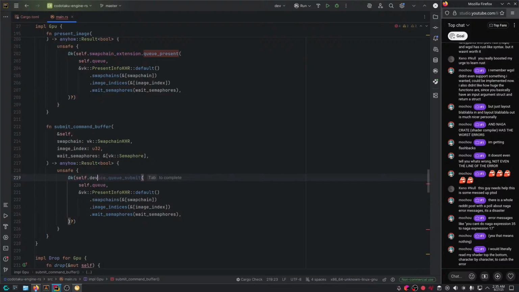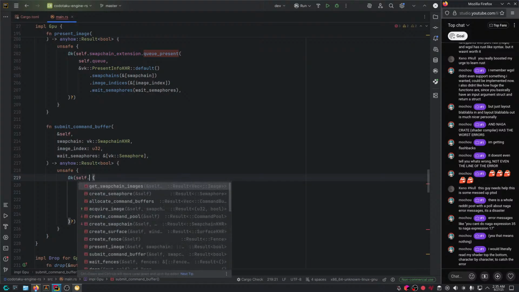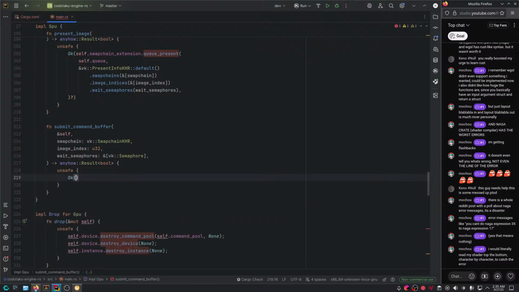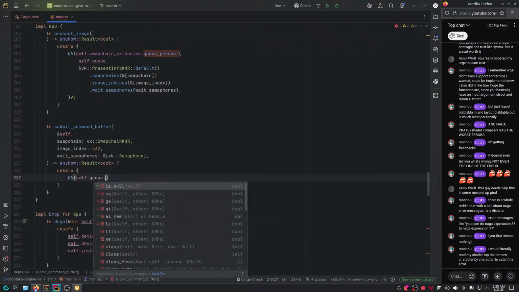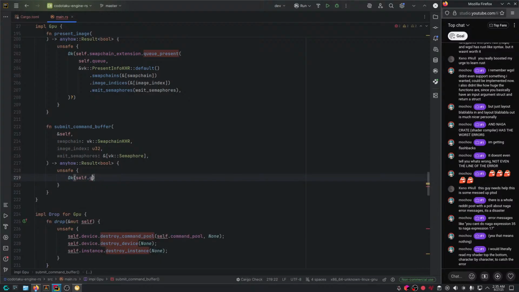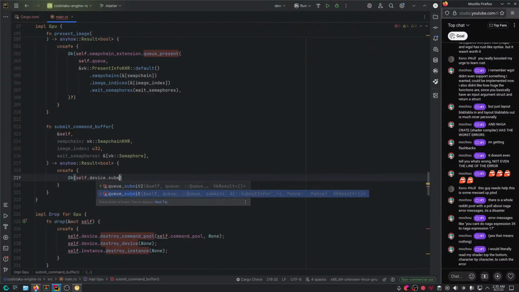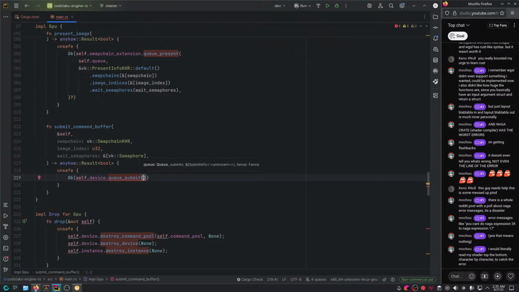Let's go with, I guess, queue. Wait, what the heck? Wait, bruh. Self.queue. Well, actually, no, I see. So self.device submit command buffer. Well, queue submit apparently. Okay, cool.